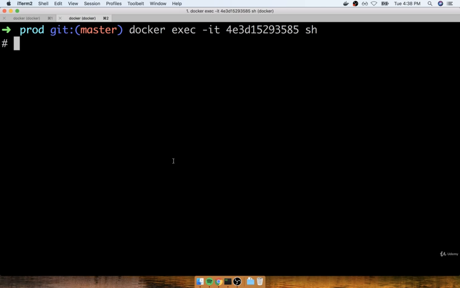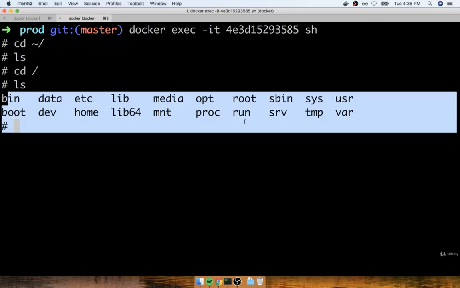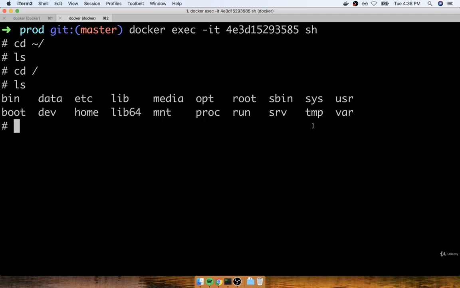Once I'm in here, I can now start to type out typical commands that I would expect to be able to run in a Unix environment. So for example, I could change my directory to my home directory. I can list out the files and folders inside there, nothing there right now. Let's try going back to the root directory of /. And then if I do an ls, I'll see all the root files and folders of the container.